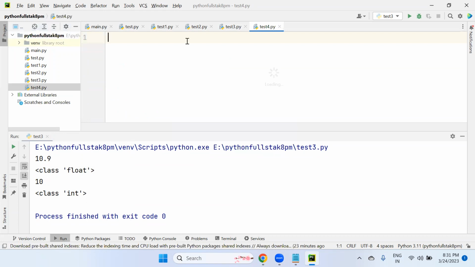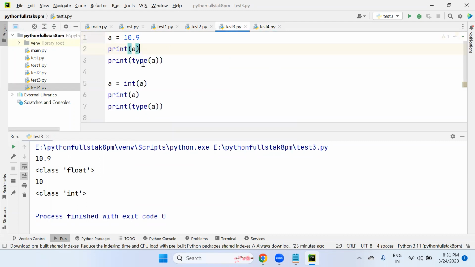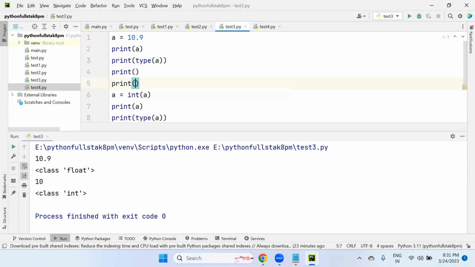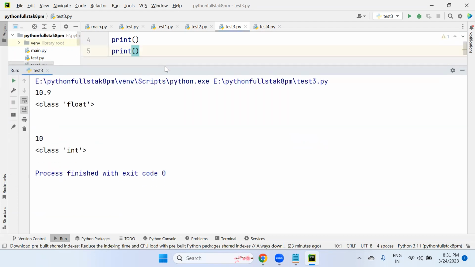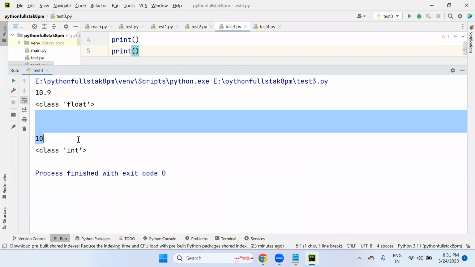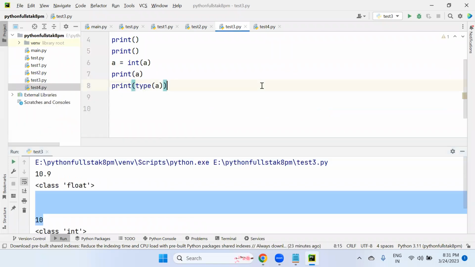Test4 is my program name, another program. To accept values, a blank between two results means we have to go for extra statements. Look at this, print. Let's run this. This is the blank space, it will jump to the next line, or else we can use tab space also.